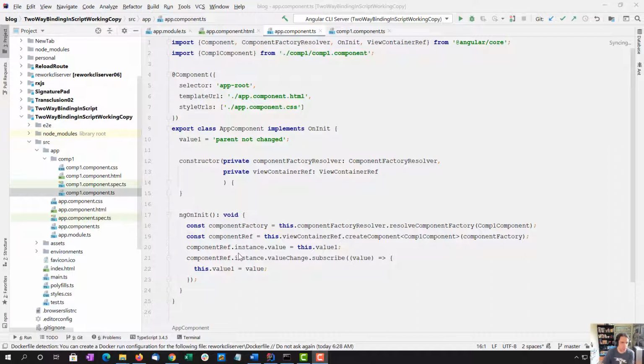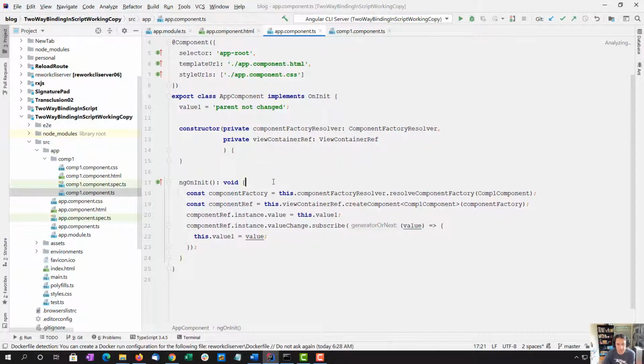If you've been following along here, I looped this code base back to chapter 4, episode 4 of this series, where I create the component instance and set the value and then subscribe to the value. So the binding is there from outside in, but what we want to implement is binding from the inside out, from the child to the parent. We want to implement binding the other way,